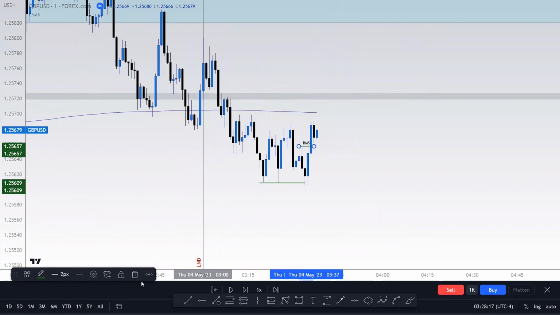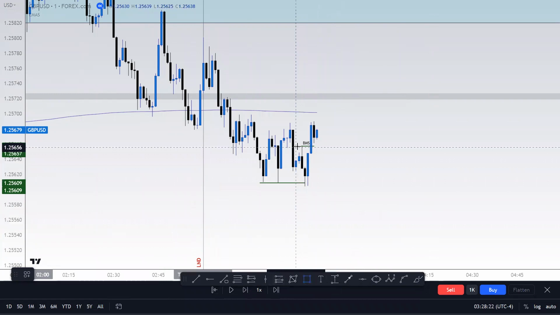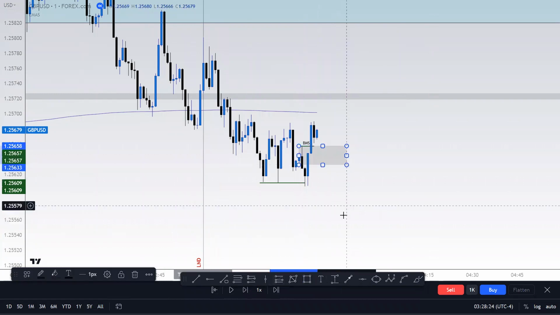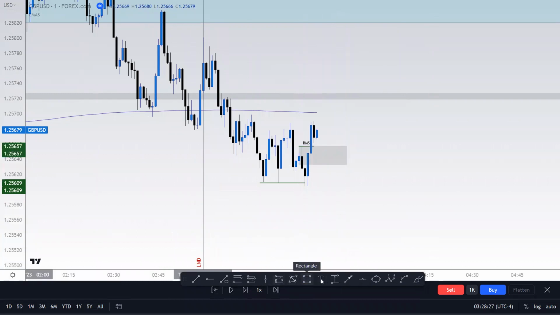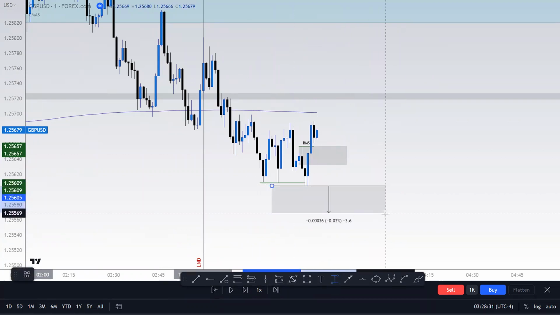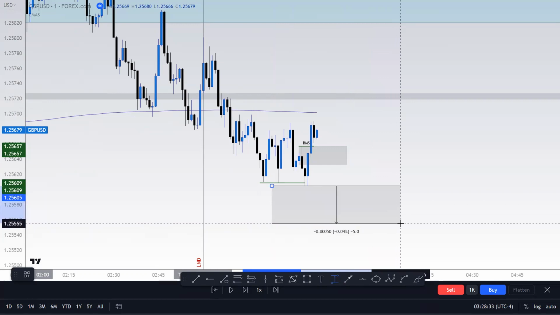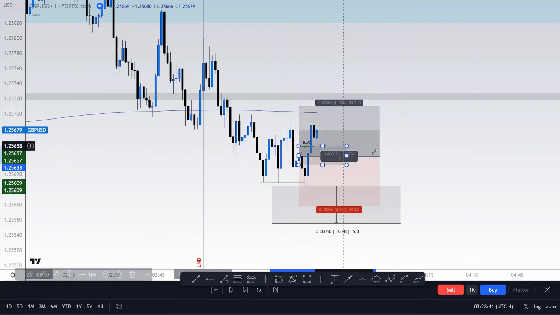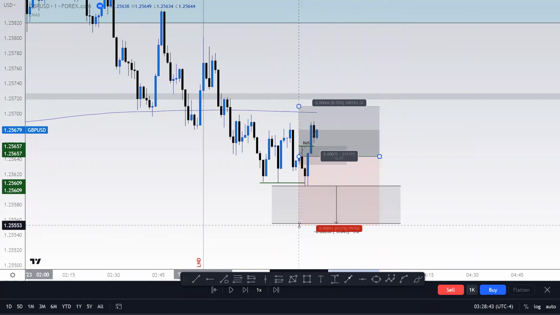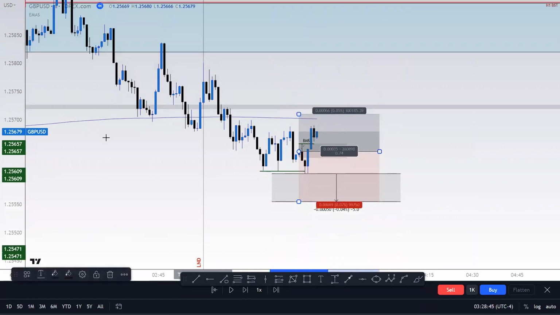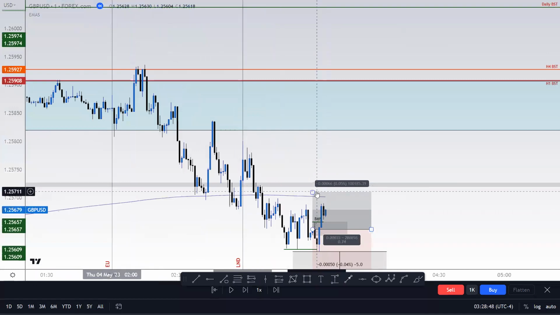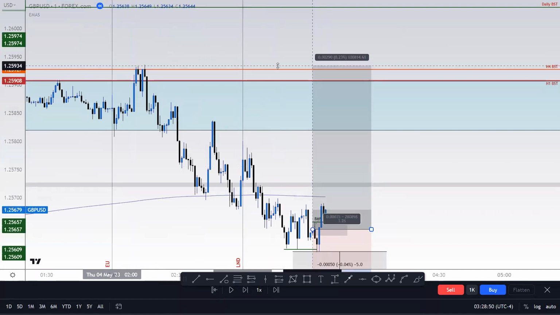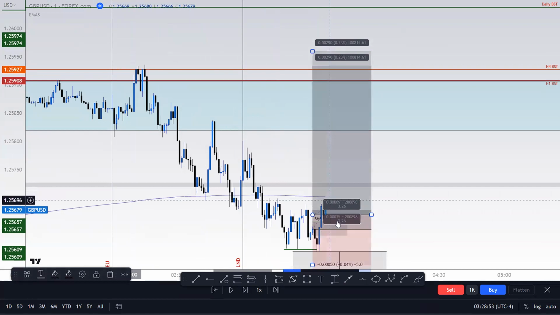So again, our area of interest is to enter at the breaker. Stop goes 5 pips below the low. So long position at the midpoint of the breaker. Stop goes 5 pips below the low. And your first primary profit target would be the recent high right there. And then the secondary target,